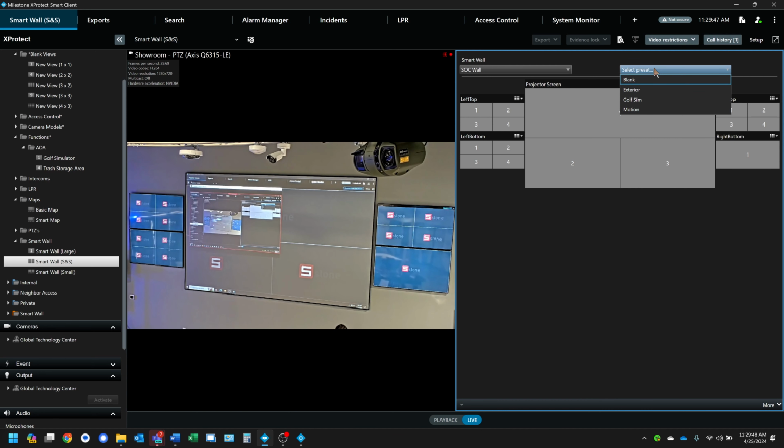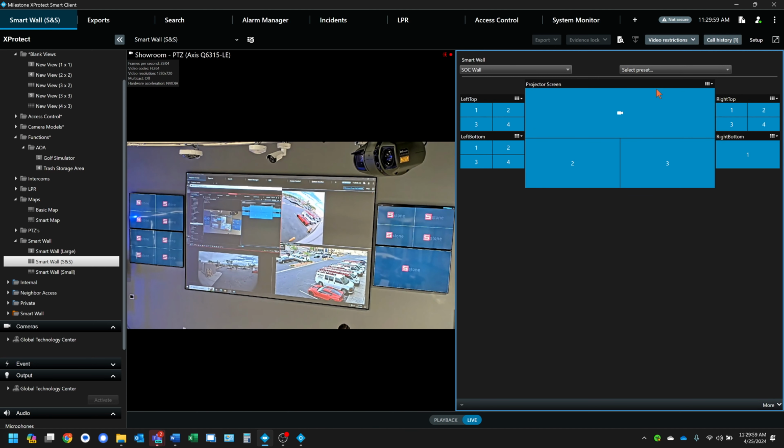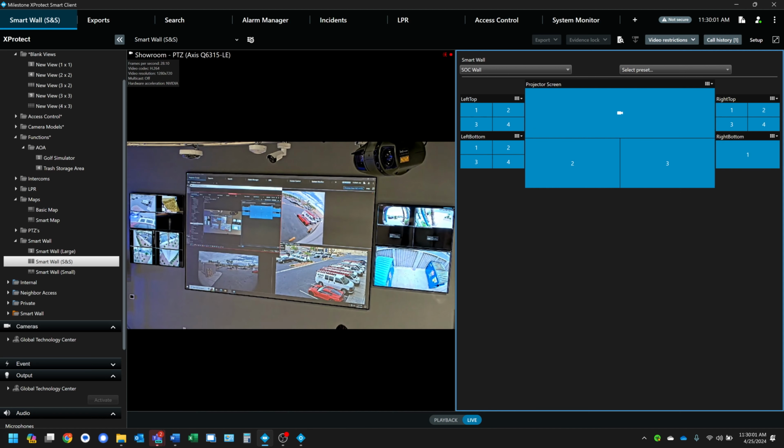So, and you can see, I'm gonna click my preset dropdown, and let's pull up our exterior camera preset. Everything's gonna pull up to my exterior preset. I'm feeling a bit hungry. Better grab some lunch. There's our reminder to get lunch. Okay,